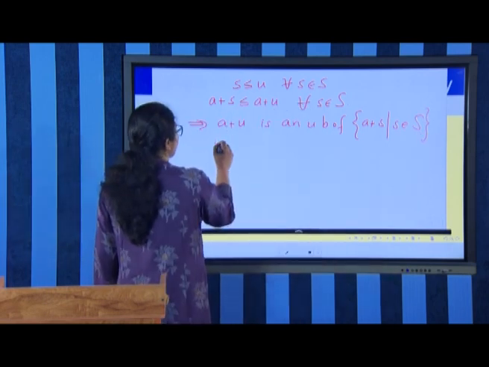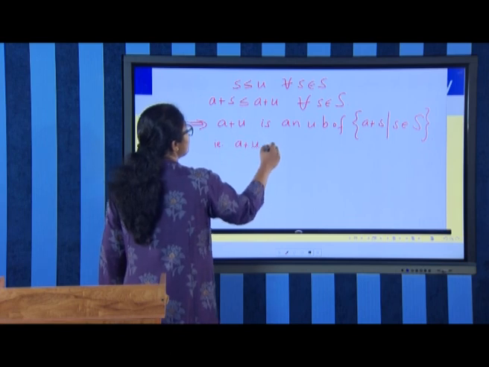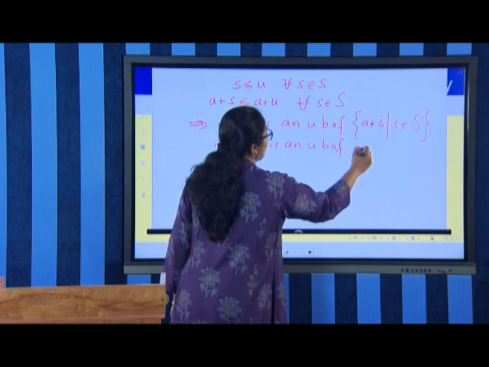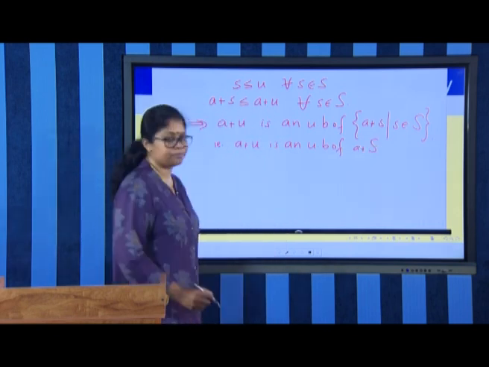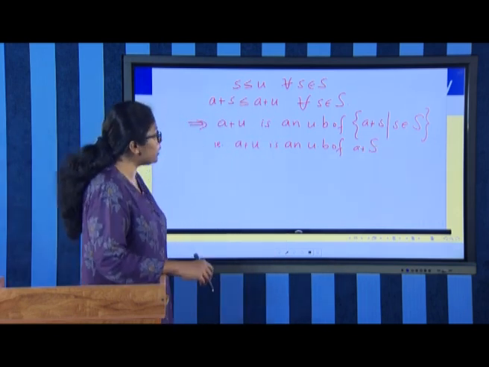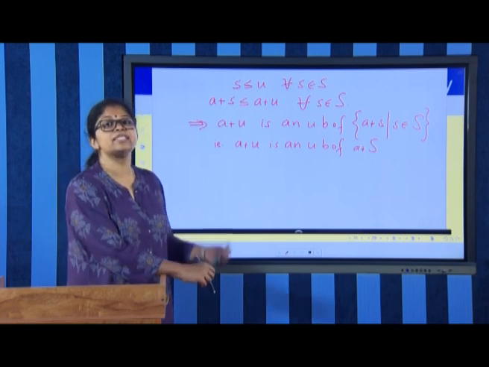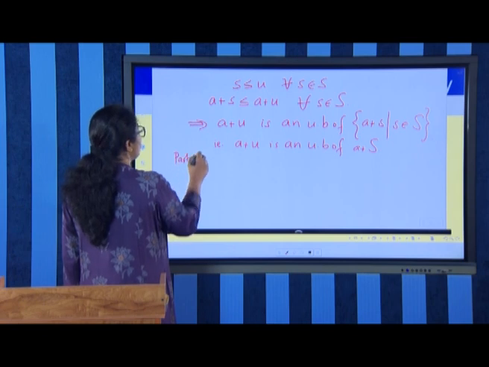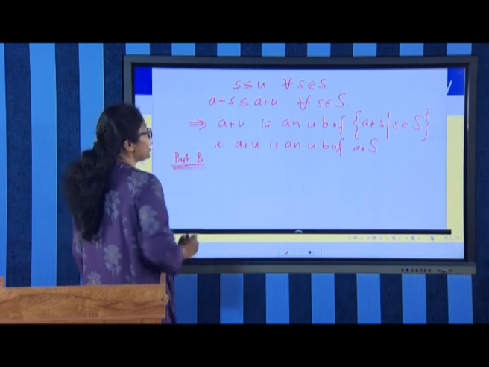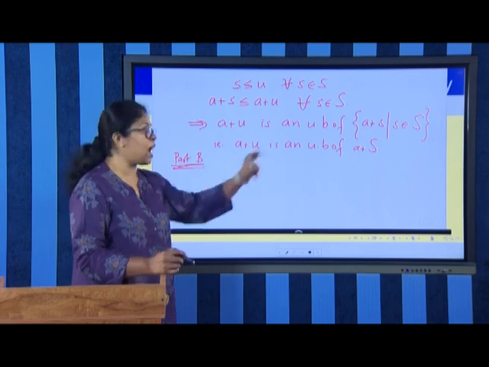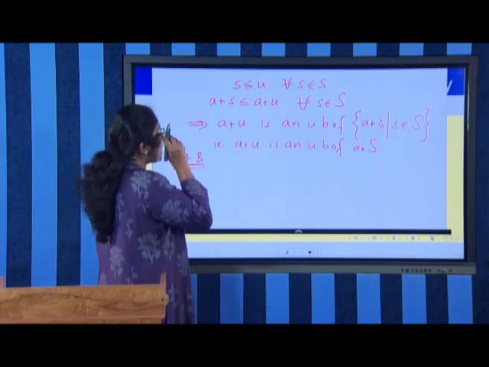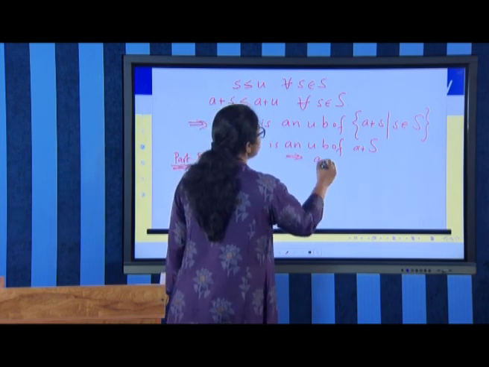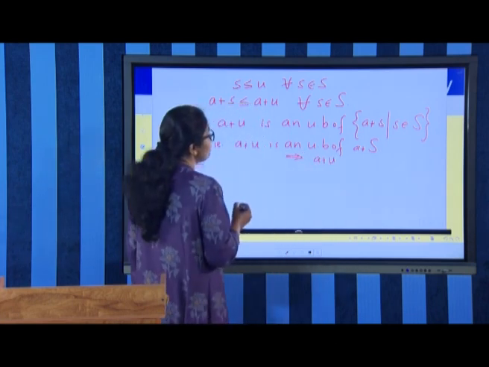That is, A plus U is an upper bound of A plus capital S. Now, it is enough to prove that A plus U is the least upper bound. So, that is part B of the proof. We have proved one part, that means we have proved that A plus U is an upper bound of A plus S, and hence what does this indicate? A plus U is definitely,